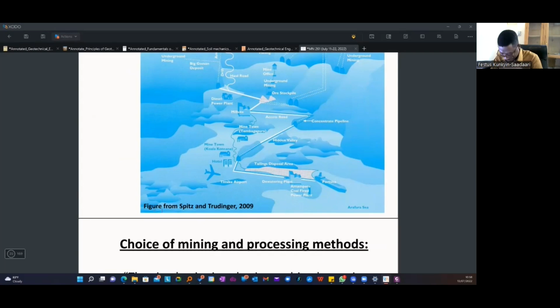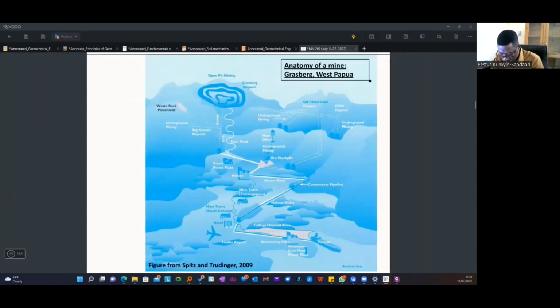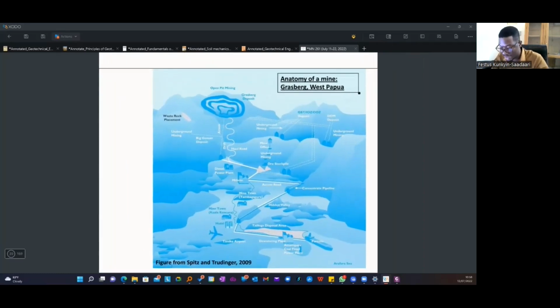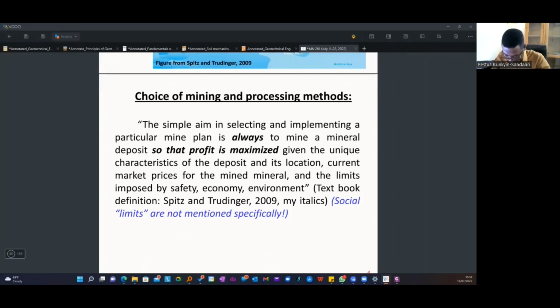So let's look at this diagram. It's not too clear, but it's a diagram that is trying to tell us about the anatomy of a typical mine, such as Grasberg. We have defined this already, saying that the choice of mining and processing method is always to achieve maximum profits. With these constraints at the back of our mind,